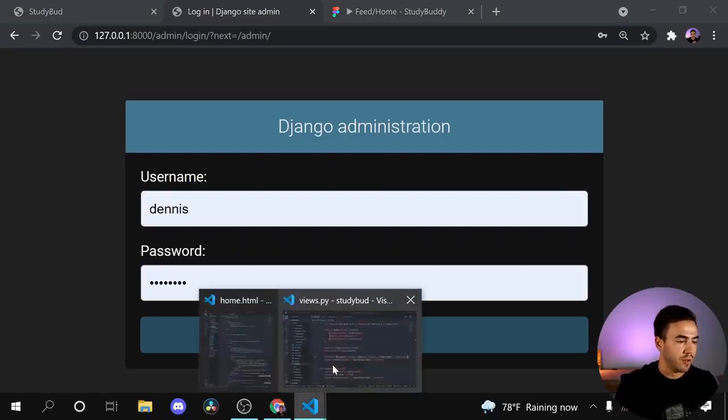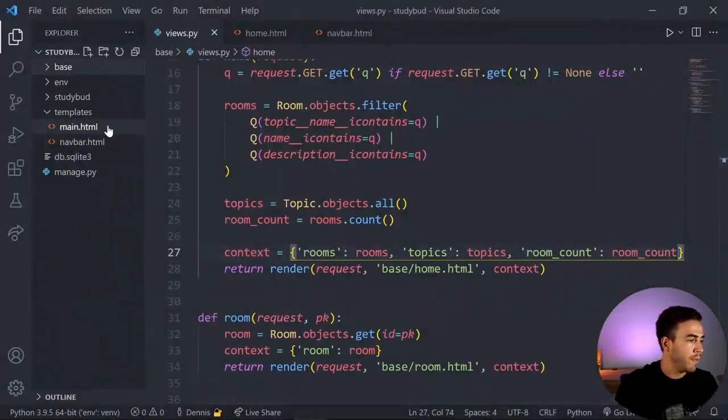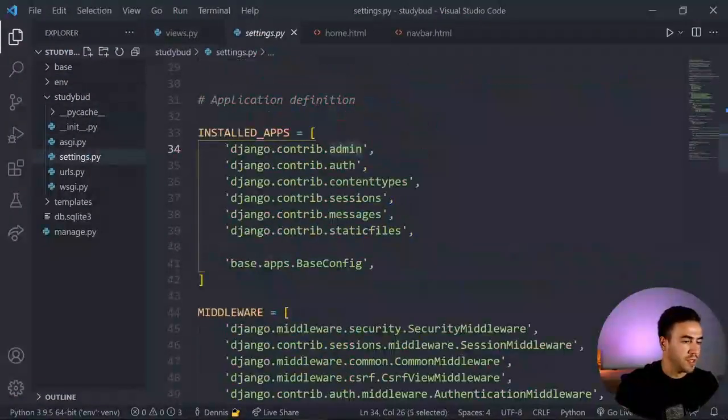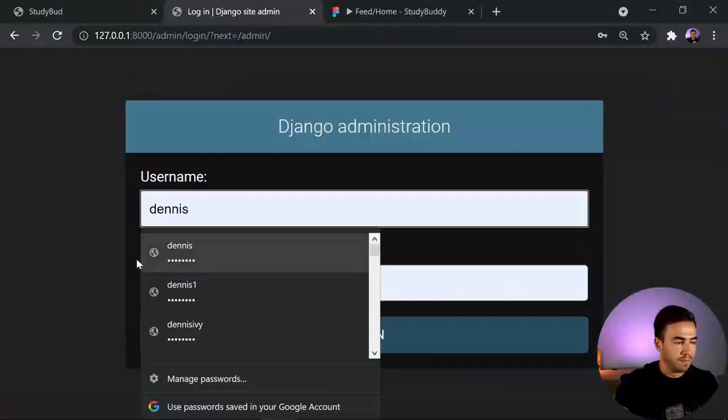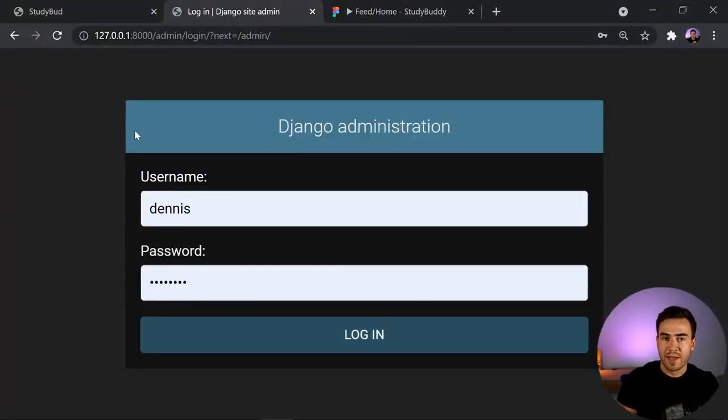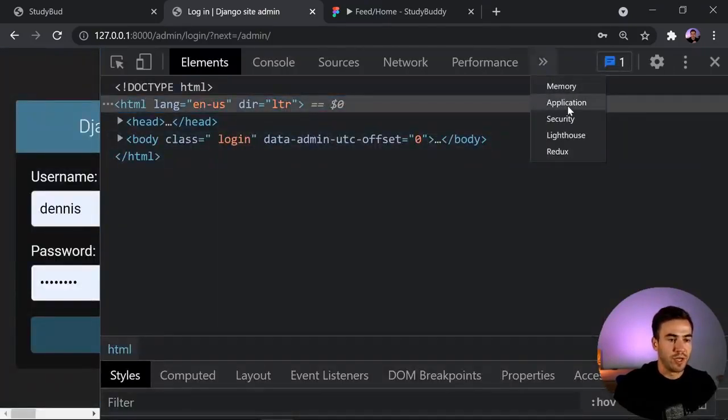If we go to installed apps inside of settings.py, we see our sessions here, and if you use something like pgAdmin and Postgres, you'll be able to see this table. When a user logs in, this is sent to the backend, and a session token is created, and this stores information about a user. Once that user is authenticated, we now know when this user logged in, who this user is, and all this information about them. So at this point, let's go ahead and do inspect element, and we're going into application,